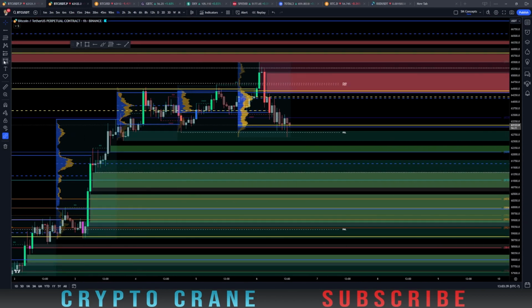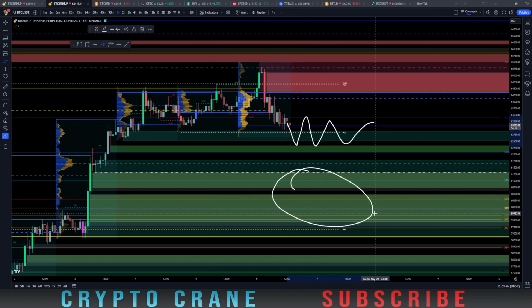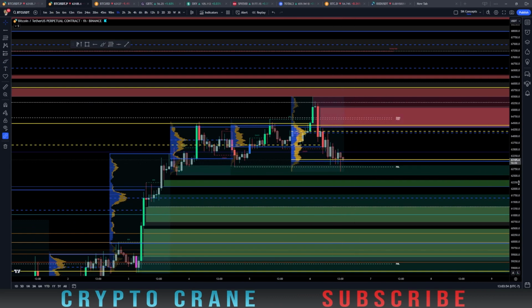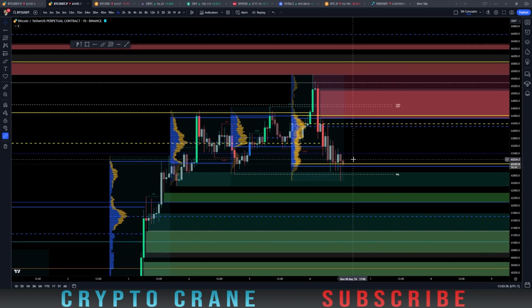which I think is your bigger level. I think that's the only place I would be taking a long, right? If we got down here, that could be a potential long opportunity. Anything up in this range is just kind of guessing, and we'll see how it plays out. So yeah, that definitely could be the low though. So I would not doubt if that was,